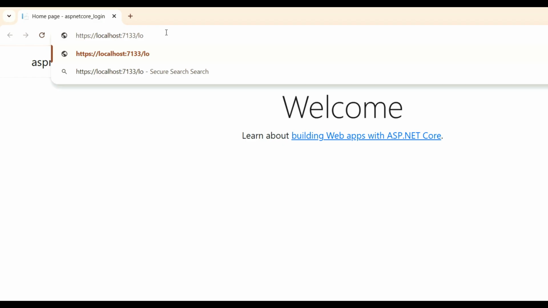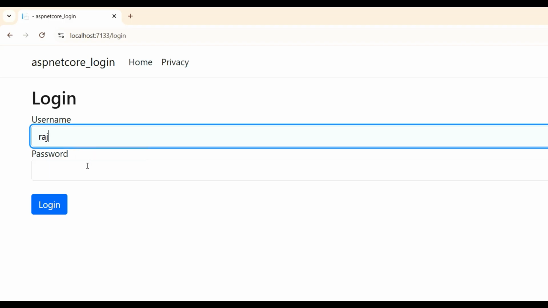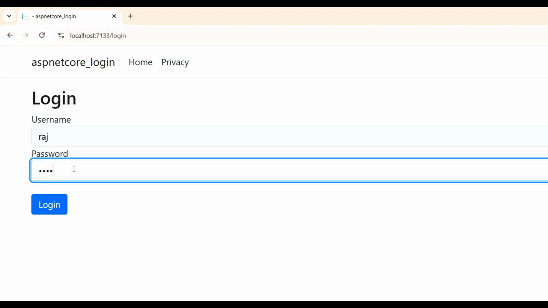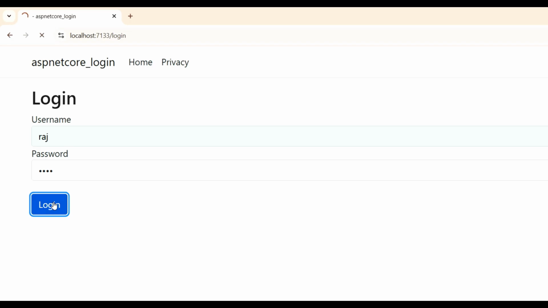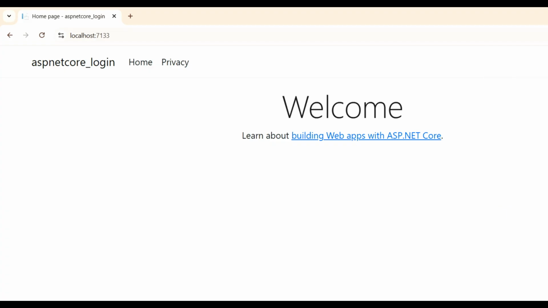Now go to login, and now put here Raj, then 1 2 3 4 and log out. Then after clicking you can see we will be able to see the